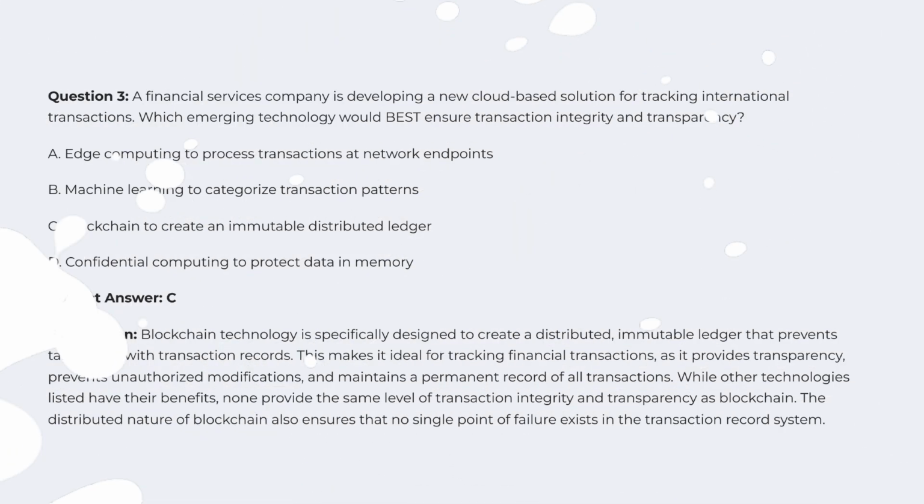Correct answer, C. Explanation. Blockchain technology is specifically designed to create a distributed, immutable ledger that prevents tampering with transaction records. This makes it ideal for tracking financial transactions, as it provides transparency, prevents unauthorized modifications, and maintains a permanent record of all transactions. While other technologies listed have their benefits, none provide the same level of transaction integrity and transparency as blockchain. The distributed nature of blockchain also ensures that no single point of failure exists in the transaction